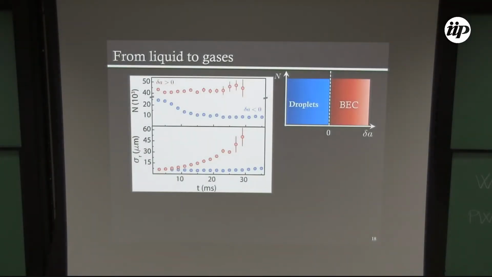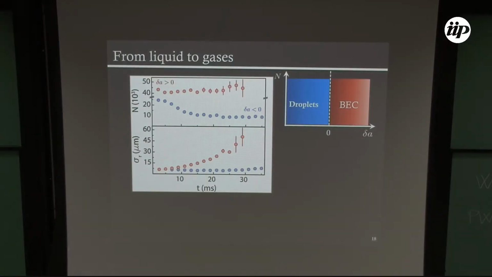Okay, so now let's analyze a bit the data that we observed in the lab. The red points I will show are the gas, so the delta A positive system, and the blue points are delta A negative, so it's the droplet phase or the liquid phase. First, if we observe the atom number, or the size as well, we can see in time that it just expands as a normal gas, but in the case of a liquid, it just remained